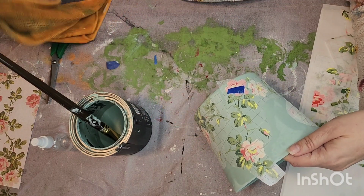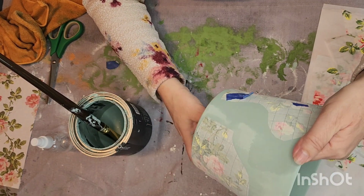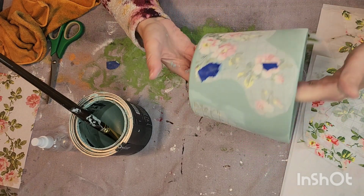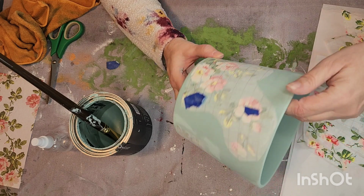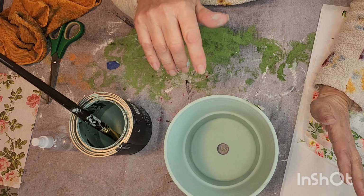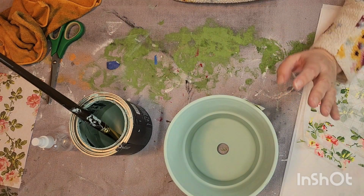Okay. So I feel pretty happy with that. I mean, you probably could go add more, but I feel like this is pretty good. I don't want it to be too busy with flowers. So we are going to need to let this dry. While that's drying, I think I'm going to go ahead and work on this,